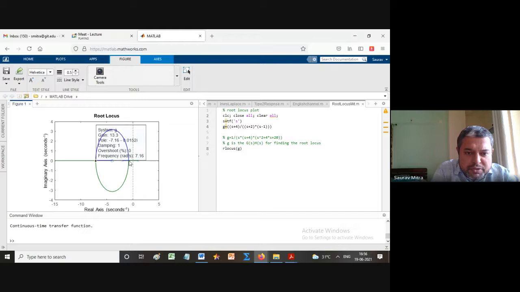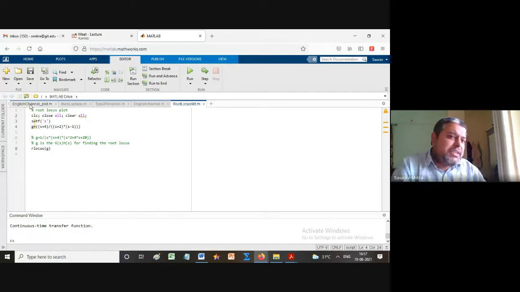At the breakaway point, the same gain should be there, I feel. Let us find out. Here also the gain should be 13.3 or something, or it should be different. I don't know. It should be different, I guess, because first the break-in point is happening and then the breakaway. Let's see. It's not coming. So you can check that.